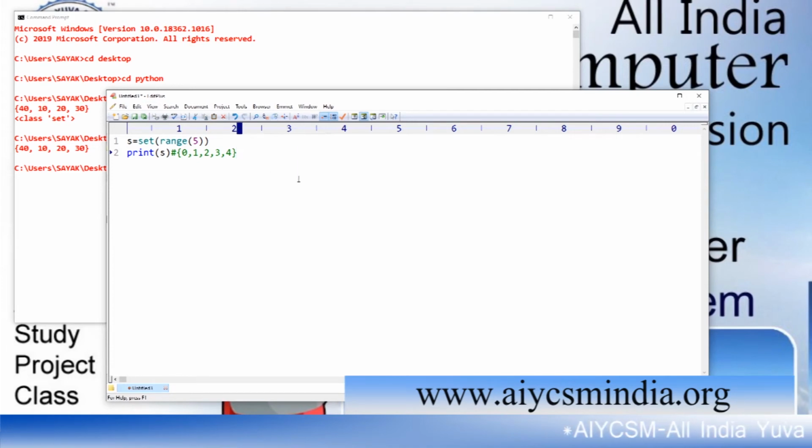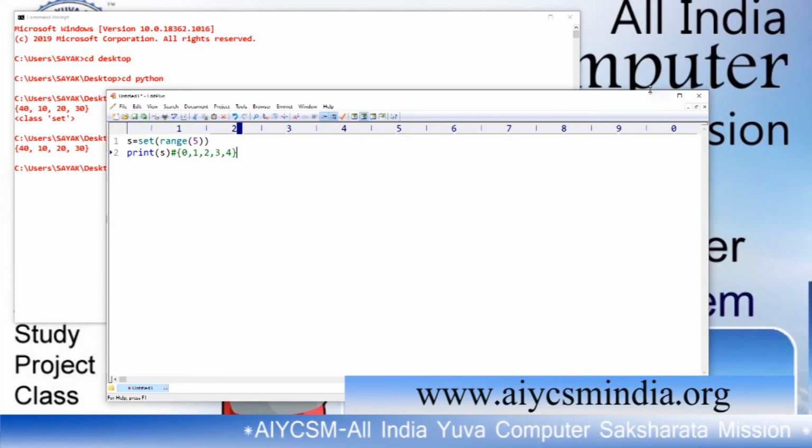You will see that all the values are in there. Okay, these are the values of a set. With the help of the range function, we can create this type of set.